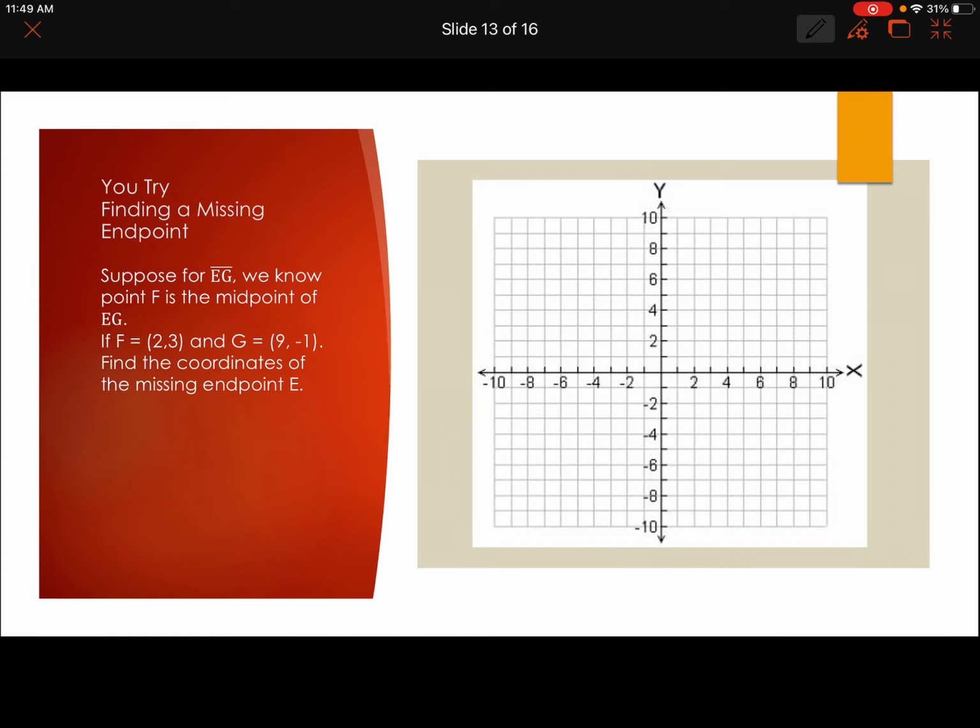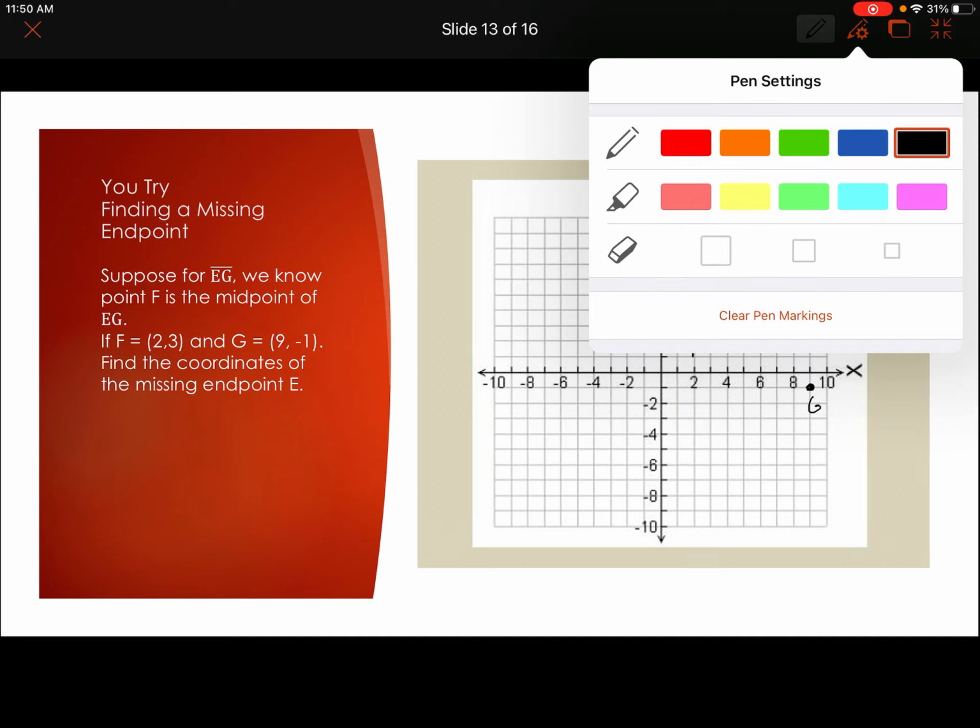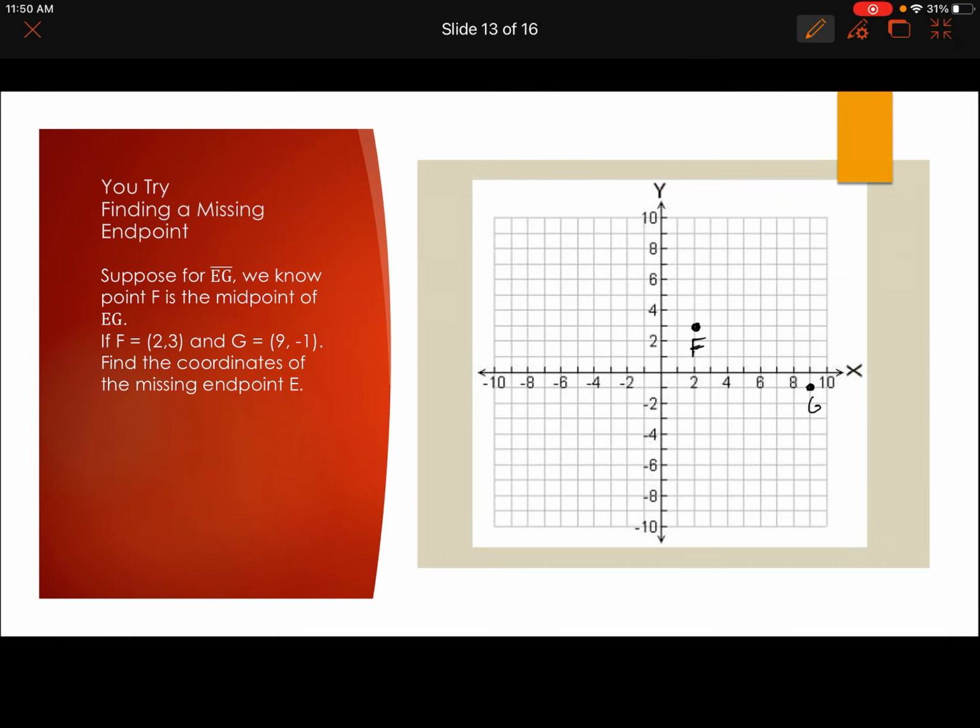So you graph and see if you can find the missing endpoint E if F has a coordinate of 2, 3. So that's point F. And point G is 9, -1. So that's right here. And so we need to find the other endpoint, E. E is going to be somewhere to the left of F, but I'll let you figure the rest of that out. All right, so if you paused and came back,